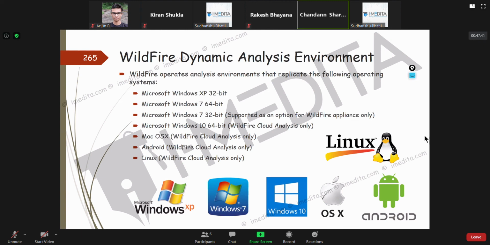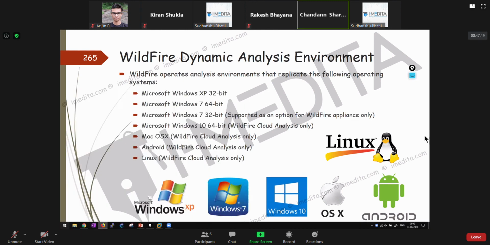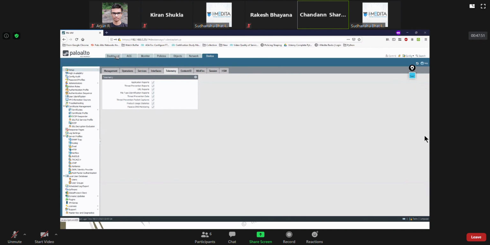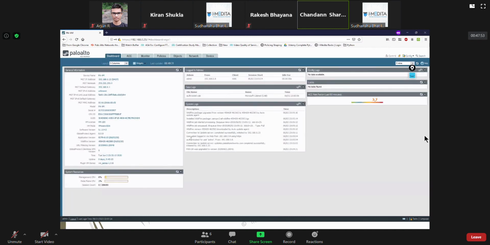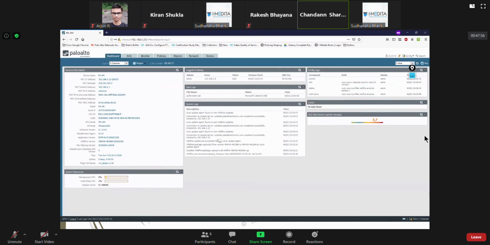It will receive updates every 5 minutes, updated signatures related to file types. So where is it saving that type of signature? In the firewall's SSD? Yes.